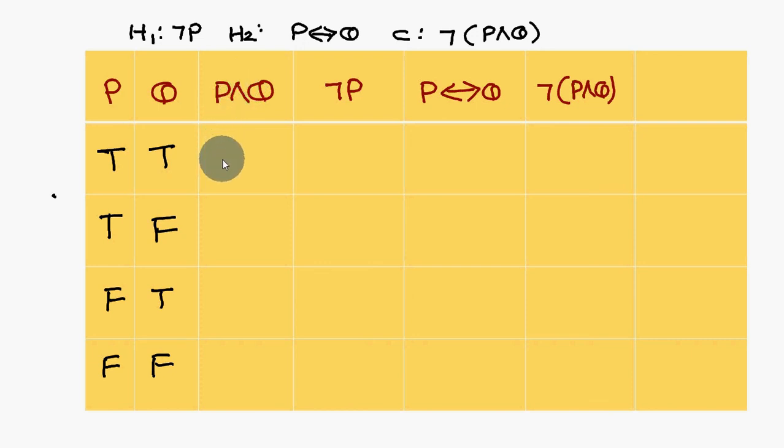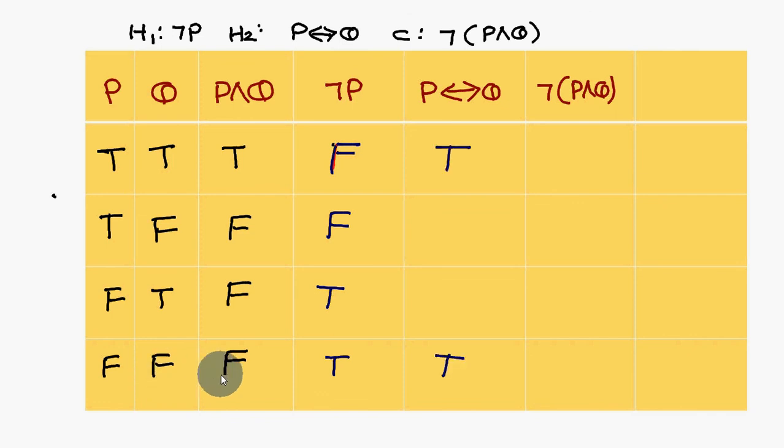So anyway you can write these values of P and Q, and what it says, both should be true. Both should be true means this one, remaining all will be false. Negation P you can come across like this. P biconditional Q: what it says, both true is true, both false is also true. That means both true is true, both false is true, remaining all are false. Negation of P and Q, that means this column negation you write it here. So this is the conclusion column.